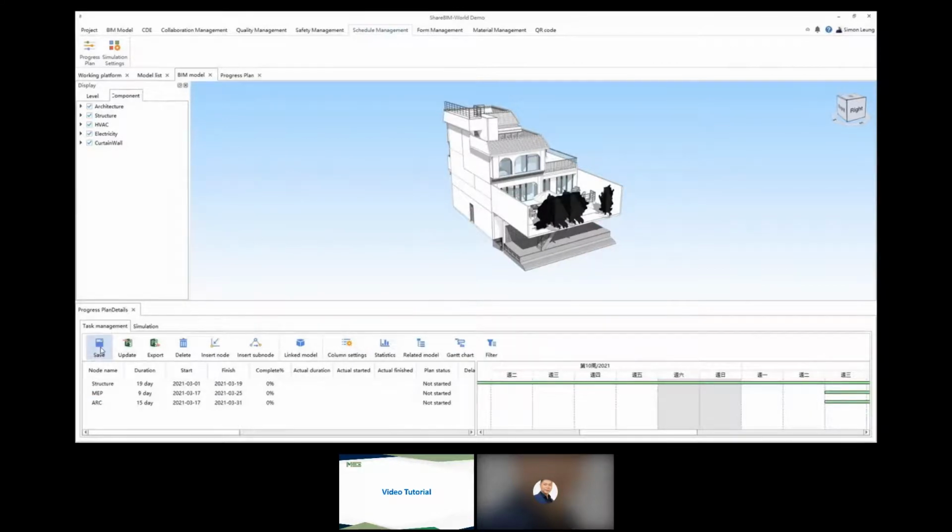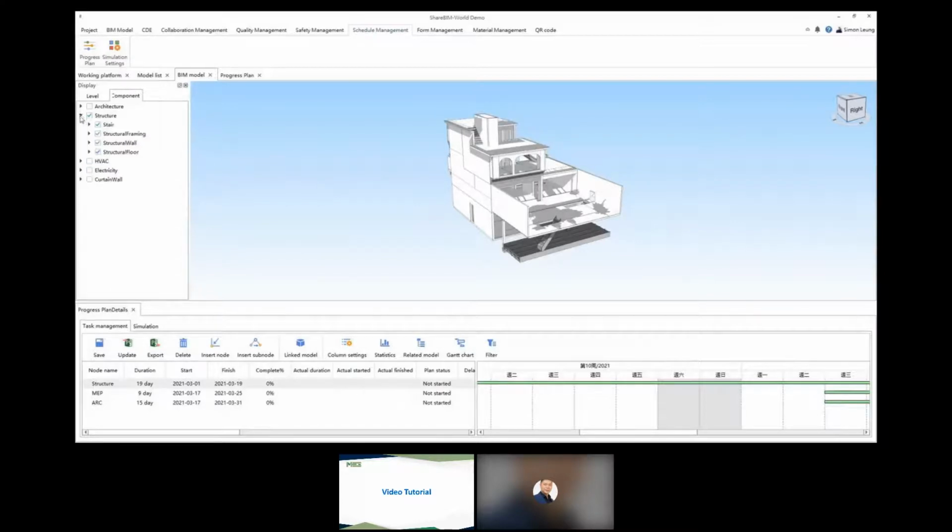We will now associate the models to the nodes in the progress plan. Currently, every component is displayed in the model viewer, but we only want structure components to be associated. Uncheck all components except structure. Now, only structure components are in view. To associate the model with the node, first make sure the structure node is selected. Then, in Model View,